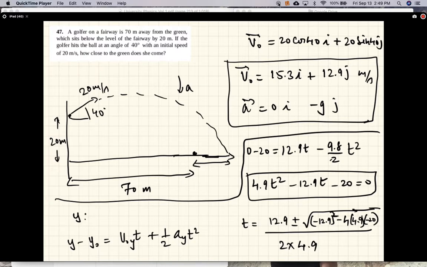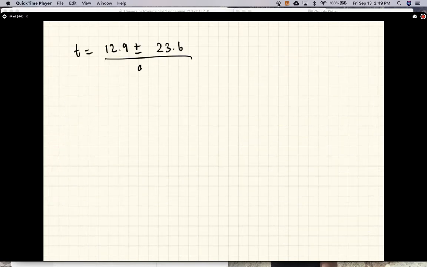Okay, 2a, so that's 9.8. So the two solutions to the equation are 12.9 plus 23.6 divided by 9.8. So the ball was in the air 3.72 seconds,